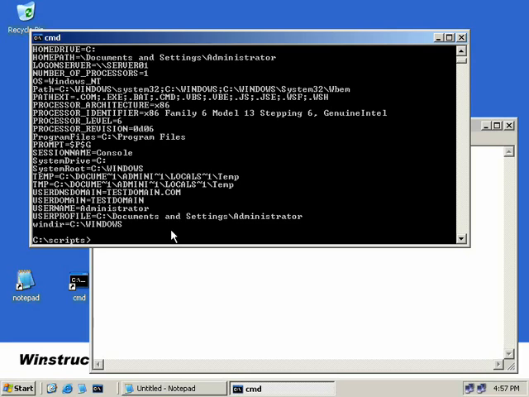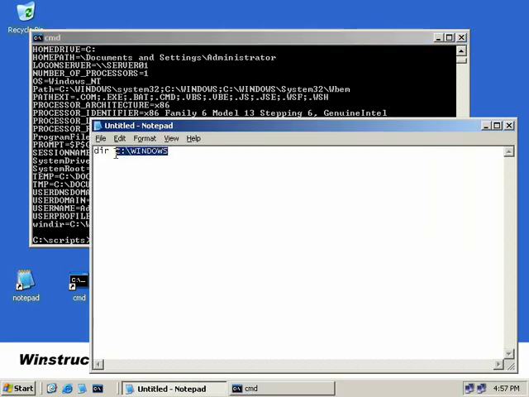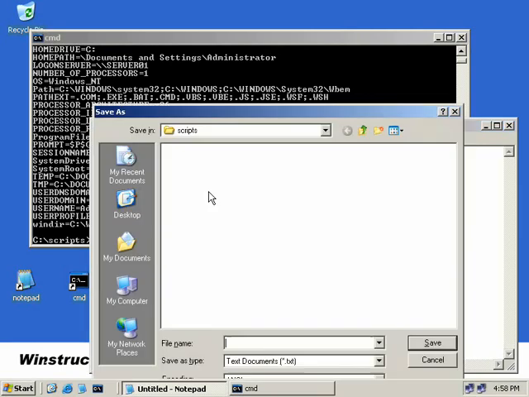So how do we reference an environment variable? We use the percentage character. So instead of using C:\Windows, we'll change that to read %windir%. Now before you ask, yes, you need to start the environment variable with the percentage symbol and end it with the percentage symbol. Now if we save this, and I'll give it a name of env.bat and choose save,